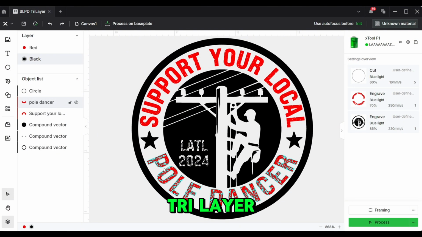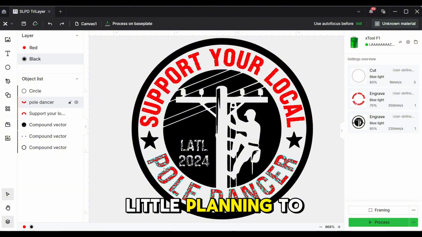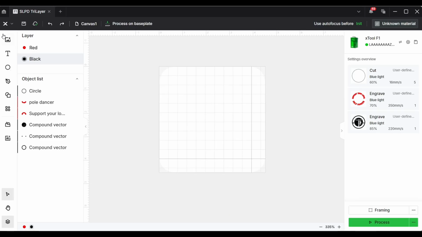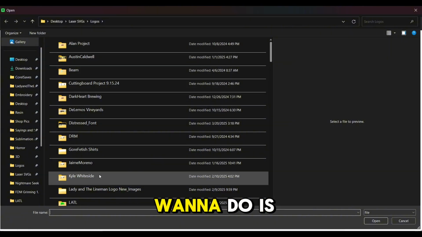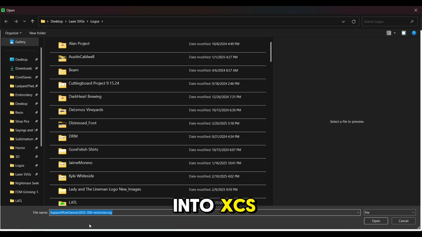Being that tri-layer acrylic isn't your standard single color sheet, it takes a little planning to get the most out of those color shifts. So I'll be working through the design process in Xtool creative software. And most of the things I'm talking about can be transferred over to Lightburn or whatever tool you're using. So let's jump in. The first thing you're going to want to do is upload a file into XCS or